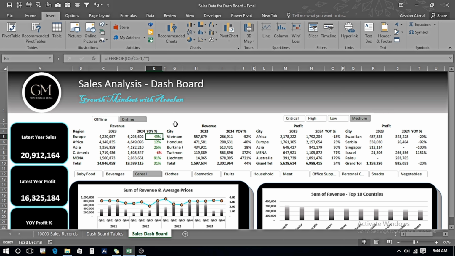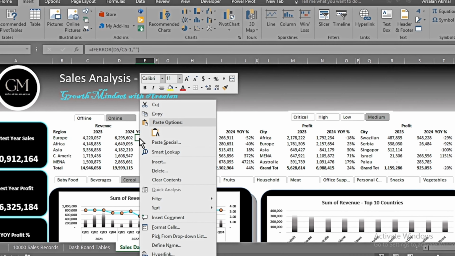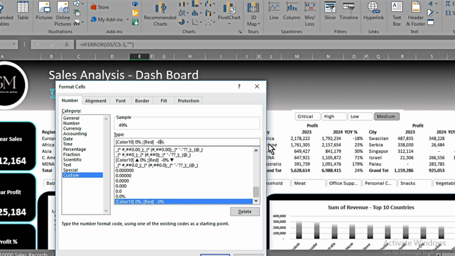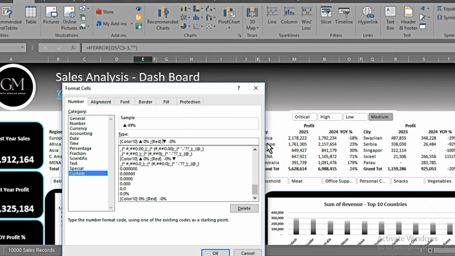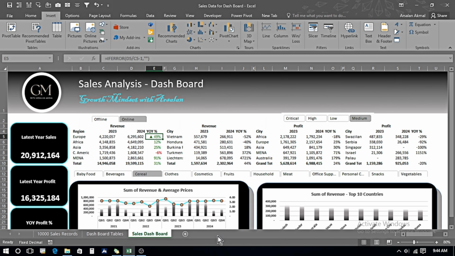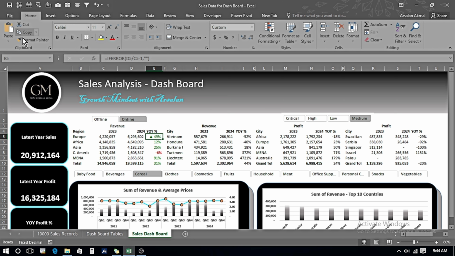And here once again I will go in the format cells, right click on the mouse, format cells, and here I'm going to place the up arrow after the color, and after the red color I will place a down arrow, press OK, and now we can see that we have an arrow appearing over here. Go in the home tab, click the format painter and select all of the cells beneath. Now I will select the format painter and format all of these.